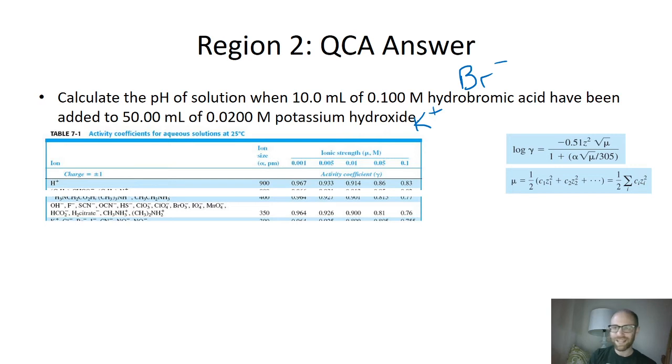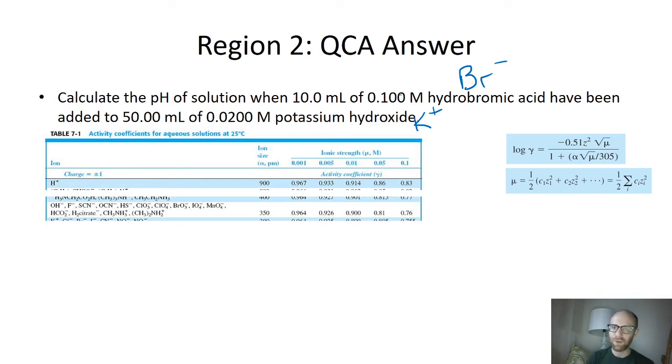That ionic strength is still a thing. So we need to figure out what the ionic strength of this solution is at the equivalence point. Now at the equivalence point, all of your salts have diluted each other. This isn't 10 milliliters of stuff, and it isn't 50 milliliters of stuff, it's 60 milliliters of stuff,